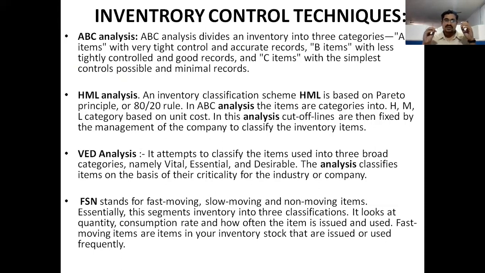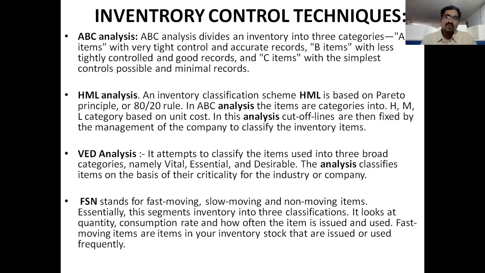So we need to focus upon A grade items. Here: price bargaining, agreement with the suppliers, agreement with the customers, and also maintaining proper, accurate reports and records. Each and everything should be under control for A category products only, not for the B and not for the C. So coming to the B,